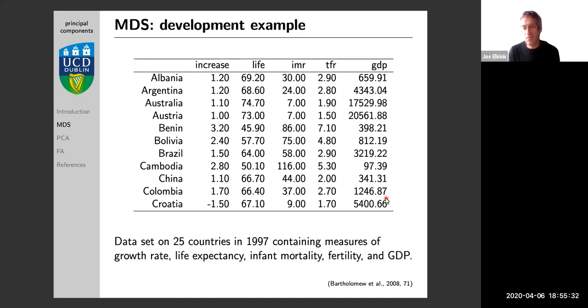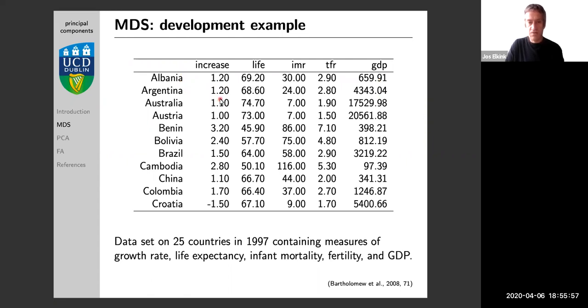We just want a scale from low to high economic development, and we're looking for this kind of underlying pattern. So imagine we've placed each of those countries in this 5-dimensional space. We've given them a position based on the scores on these variables, and we want to preserve the distances between them. So if Albania, in terms of the scores on these variables, is very different from Argentina, they should be far